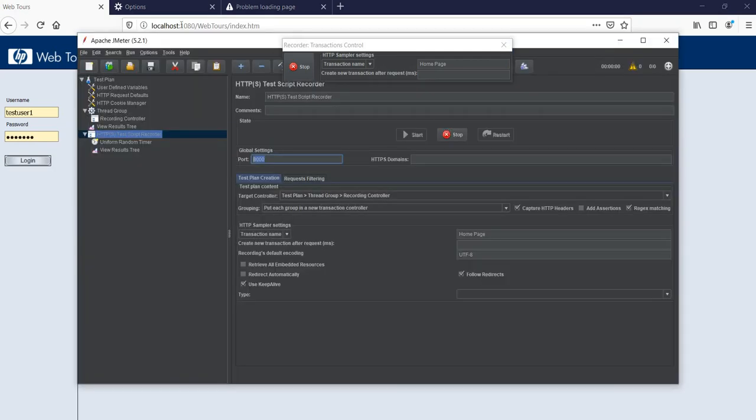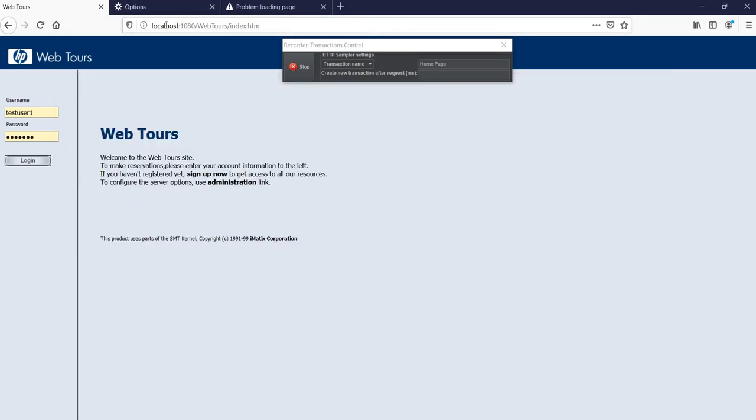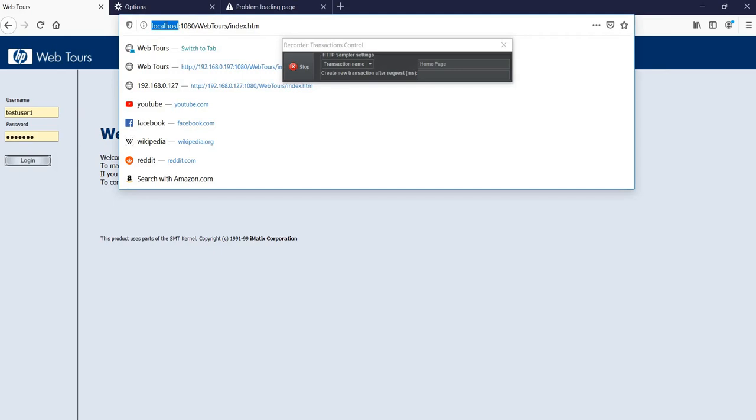Oops, it did not get recorded. And why did it not get recorded? I did it intentionally, to make sure that you understand this concept. The concept behind it is that we are using localhost. Whenever you say that JMeter has a listener, this listener gets tied up with the network interface, which is like a hardware of your computer system. And whenever from the browser you are typing in localhost, the browser says that a localhost request will not go to the network interface, but it will directly go to your own computer system.